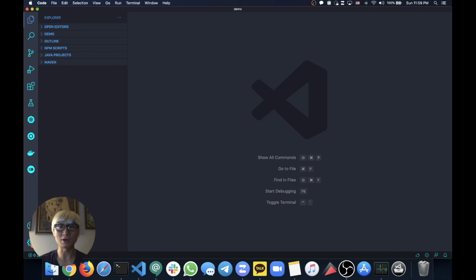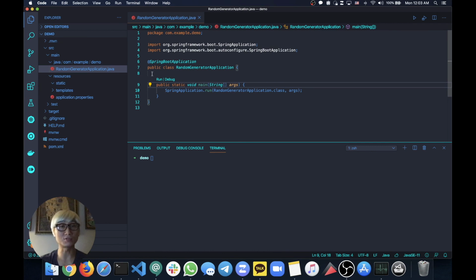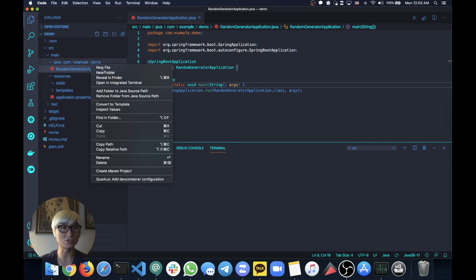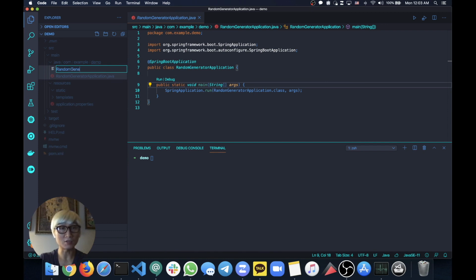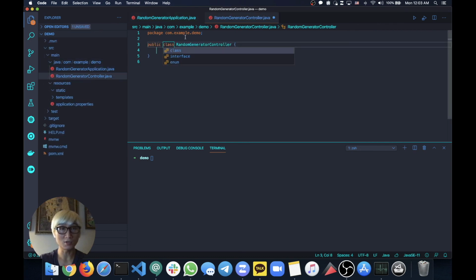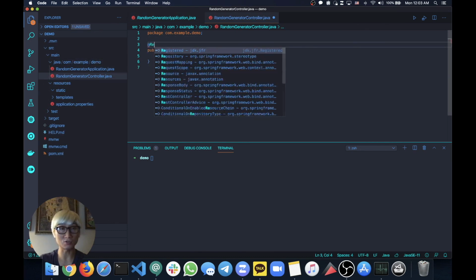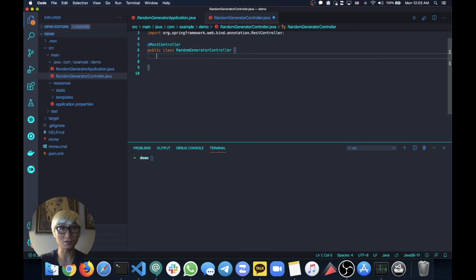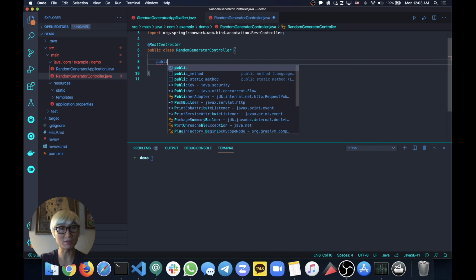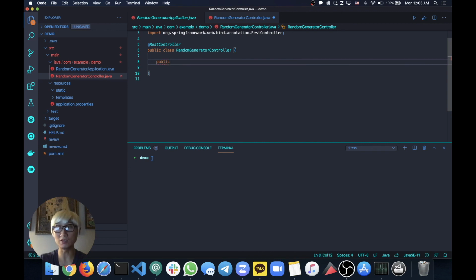This is my demo environment, just a simple application. I'm going to use a Spring Boot application. It's one of the popular Java applications. All right, this is just a simple Spring Boot application. We're going to add, for example, a generator to have a random UUID. So in order to do that, let's add a new controller here. So a random generator controller here. First of all, we're going to make this a REST controller, and then we just add one simple method here, just to return a random UUID, and then